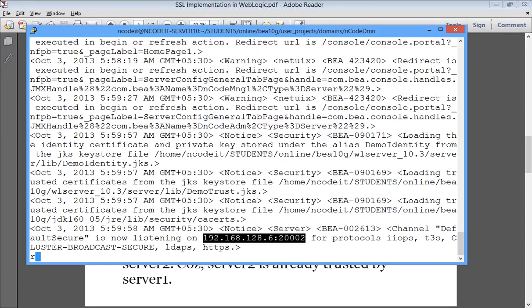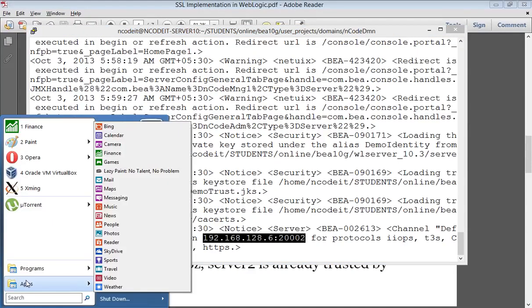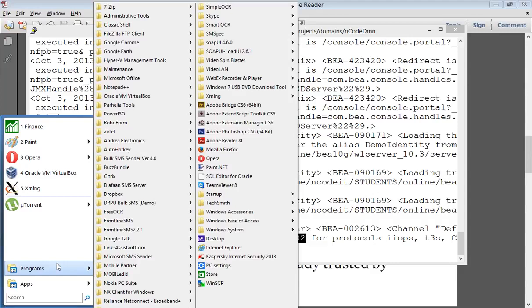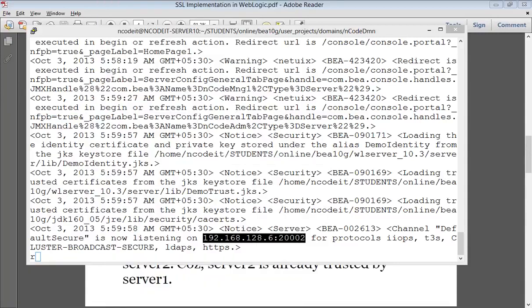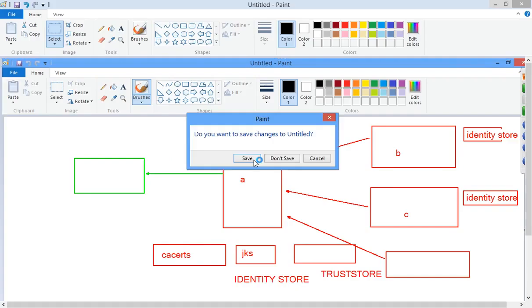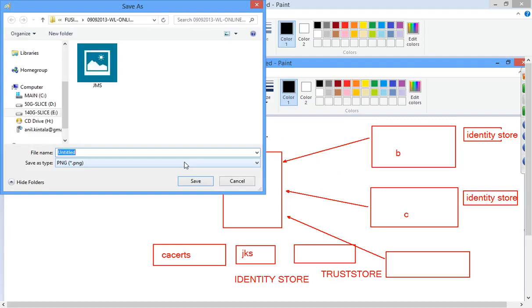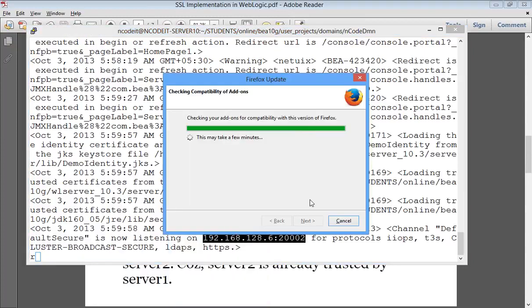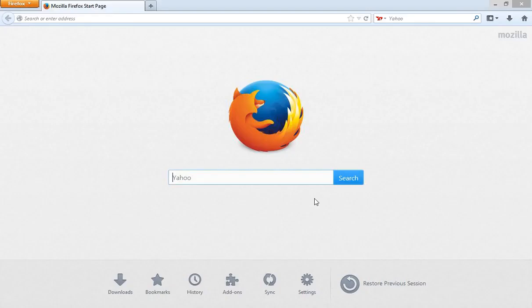Let me use Firefox. I just said Firefox. Alright, now